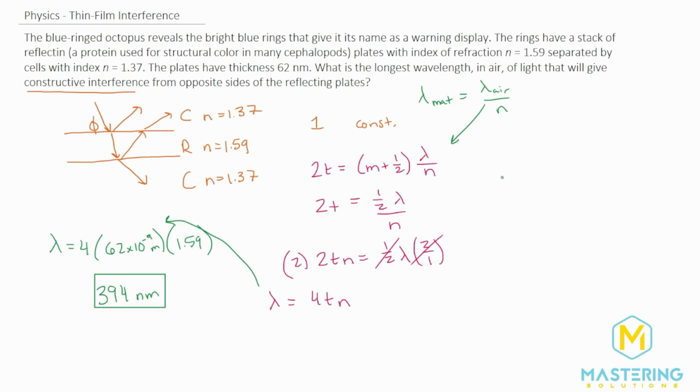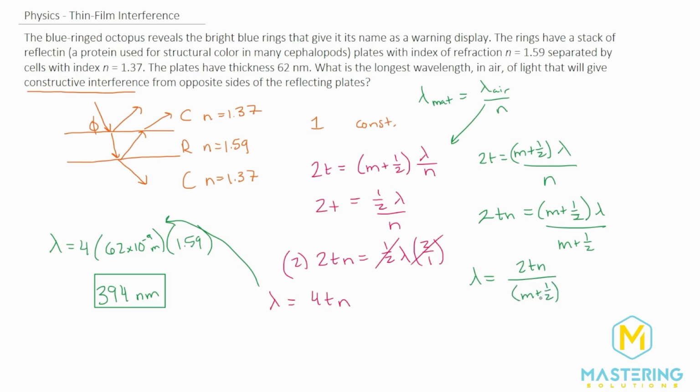And now before you go, I can hear some of you wondering, why did we use m equals 0 to get the longest wavelength? That seems backwards, right? And so let me briefly explain that. If we come back to our equation over here, where we have 2t = (m + 1/2) λ/n, we're trying to isolate the lambda, right? So let's multiply this over. And so we'll have 2tn = (m + 1/2) λ. And so to isolate this, we divide both sides by m + 1/2. So that gives us lambda = 2tn / (m + 1/2).